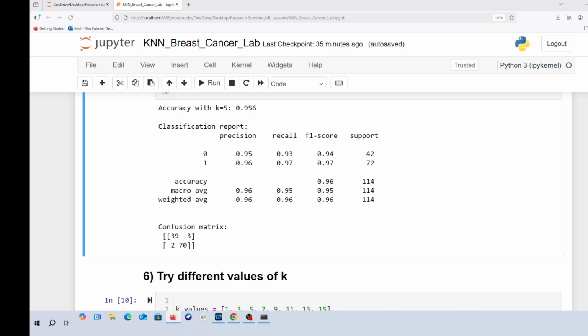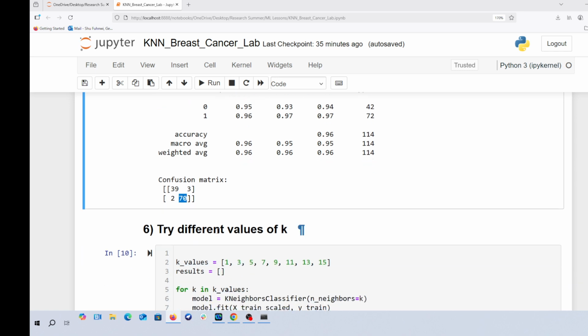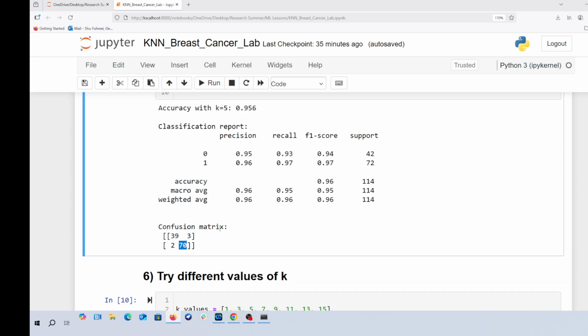And then for the benign class, out of the 72, the model got 70 of them right,